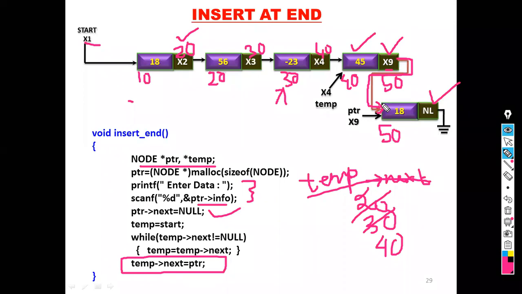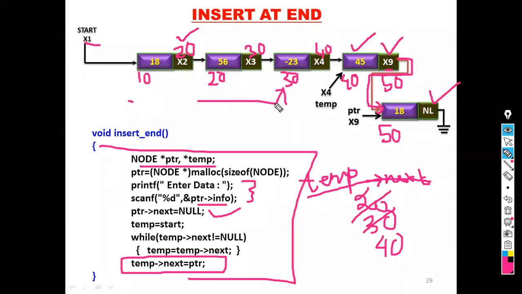Okay, all of you clear? Yes, ma'am. So you have seen the algorithm. Now it is the step by step, it is the C code. In this C code, I'm thinking that already a list is present and the node is inserted at the last position. But in the algorithm, all of the possible cases are written. That means if the node is the first node of the linked list, then what happens? All these things. Okay. All of you clear? Yes, ma'am. Yes. So go to the next algorithm.